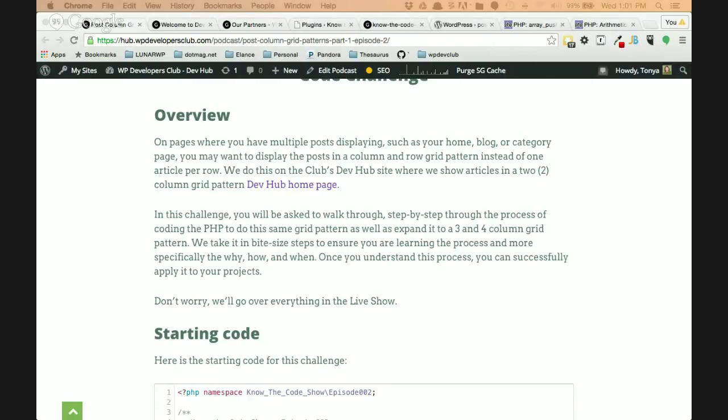Today, we're going to be talking about grid patterns. There are times when you want to display your articles within a particular grid pattern instead of having them stacked on top of one another, if you can picture that. I'm doing that now